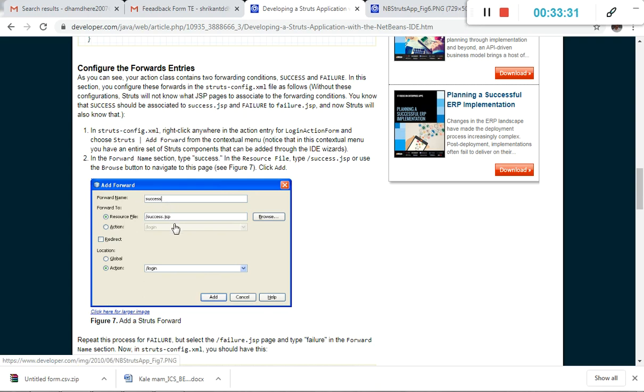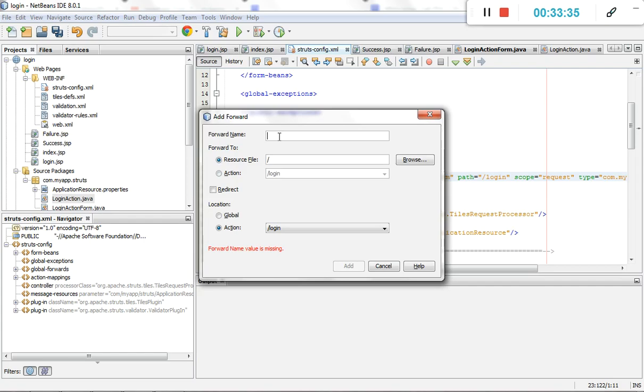And the resource file as success.jsp, forward name as success, and resource file as success.jsp, right?